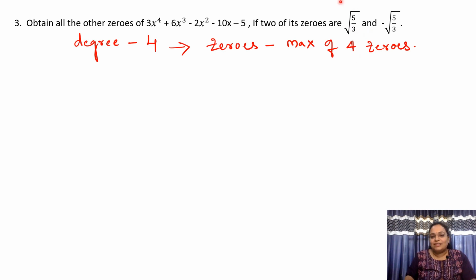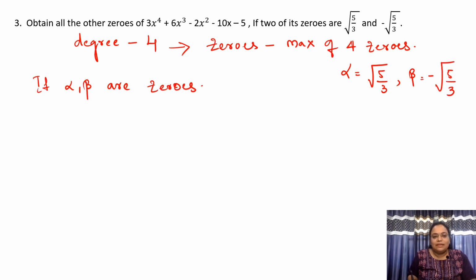If we take these 2 zeros as alpha and beta, alpha is equal to root 5 by 3 and beta is equal to minus root 5 by 3. If alpha and beta are the zeros, what will be the factors? x minus alpha and x minus beta, right? So, if you substitute these alpha and beta values in this, you will get